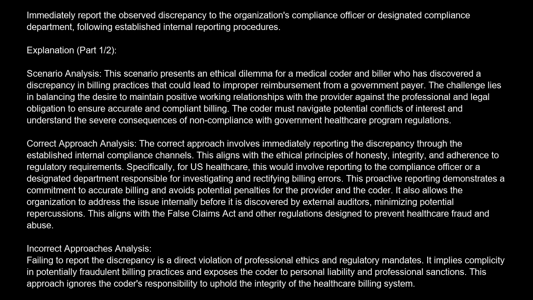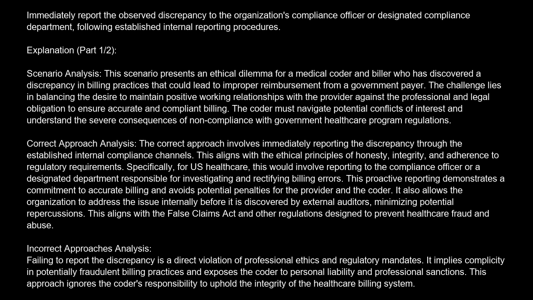The correct approach involves immediately reporting the discrepancy through the established internal compliance channels. This aligns with the ethical principles of honesty, integrity, and adherence to regulatory requirements. Specifically, for U.S. healthcare, this would involve reporting to the compliance officer or a designated department responsible for investigating and rectifying billing errors. This proactive reporting demonstrates a commitment to accurate billing and avoids potential penalties for the provider and